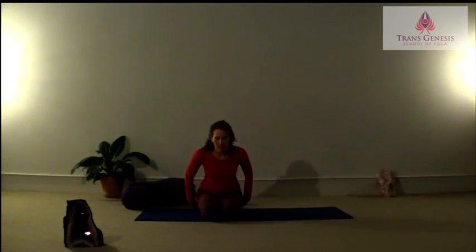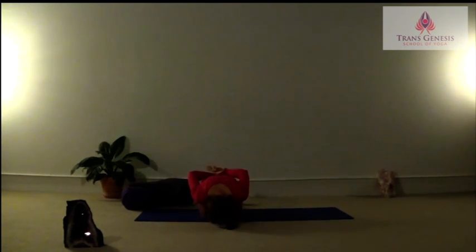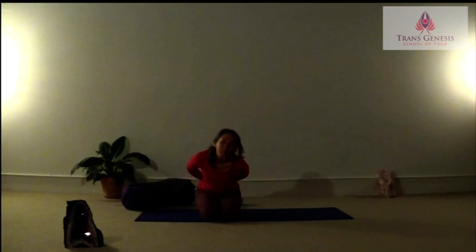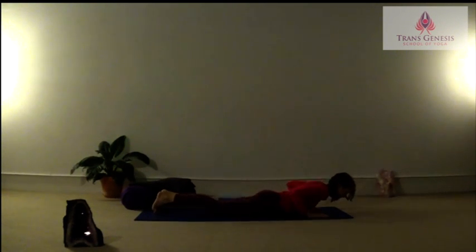So we're just going to hinge at our hips, folding forward, and then relaxing the shoulders down around our knees. You can always place the hand around the wrist and place that little bit of weight on your lower back. And inhaling back up. So let's now come and we'll take ourselves down onto our mats, have our feet about